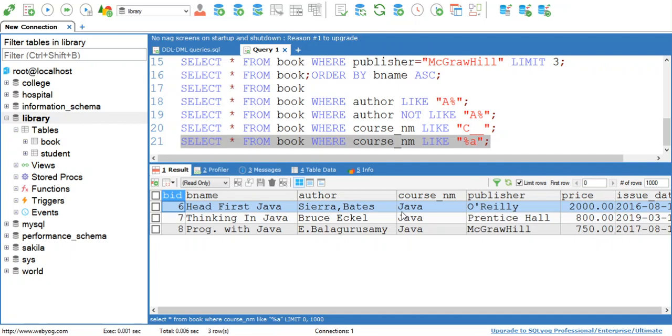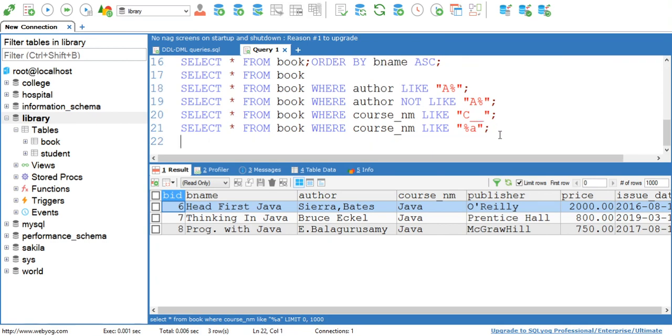Here it starts with J and it ends with A. So your condition is satisfied. So this is how you can use the percentage sign.